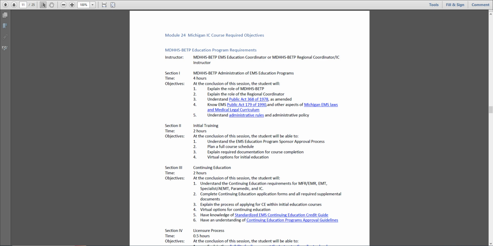Again, we have to recognize and understand that Public Act 368 of 1978, as amended, is what governs us for the curriculum for EMS instruction, in general. And then we also have to be aware of the Michigan laws specifically, along with the medical legal curriculum. When I do instruction for med legal, I make sure, and we should, regardless, make sure every student gets this packet because it's important to have consistency in the way we